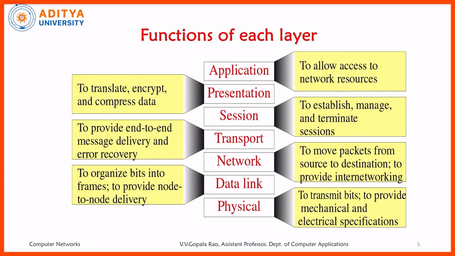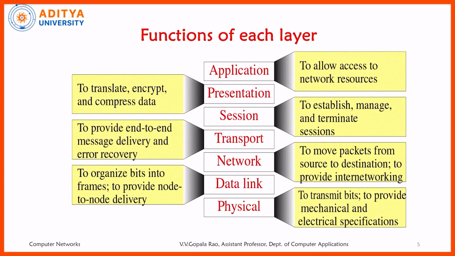That means the network layer is responsible for carrying the message in terms of packets, and for the careful and reliable transaction from the source to the destination. After that, it gives the responsibility to the data link layer. The data link layer organizes the packets in terms of bits. Here only you find bits. In the above layers, you will not find any bits.